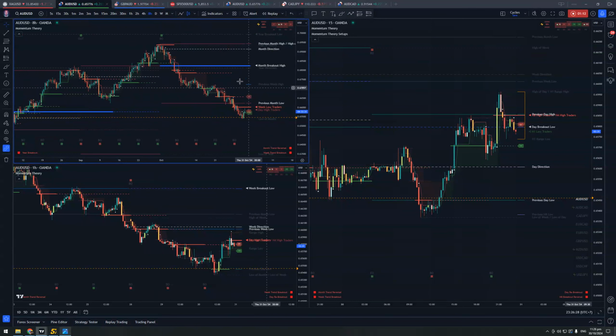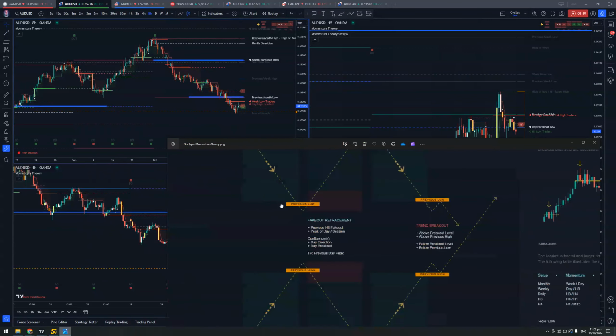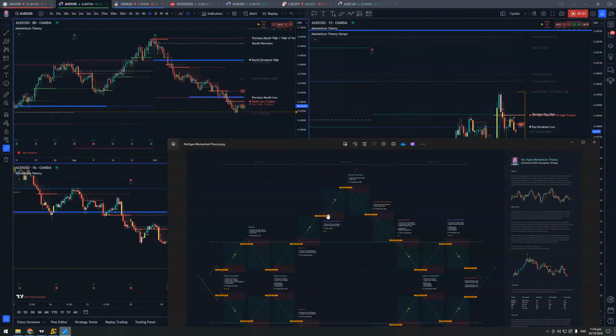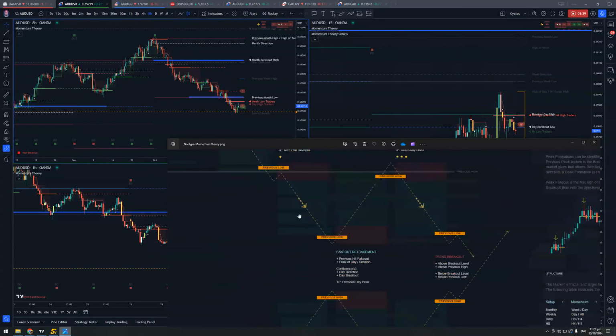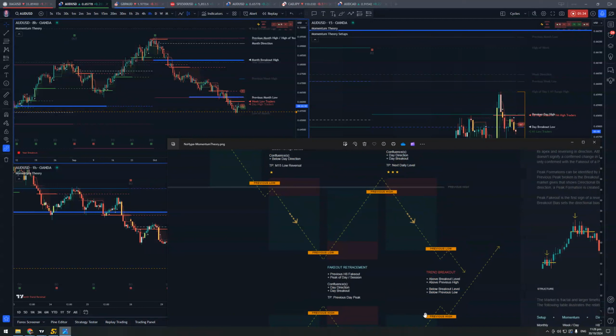I identified that, and I also saw that we broke out below this previous month low. Whenever the market does this, it broke out above that previous month high, faked out the high. That turns this into a breakout reversal. Coming back down underneath that breakout level is a false breakout. And then I'm either looking for a fake out retracement back up to that breakout level to take it down,